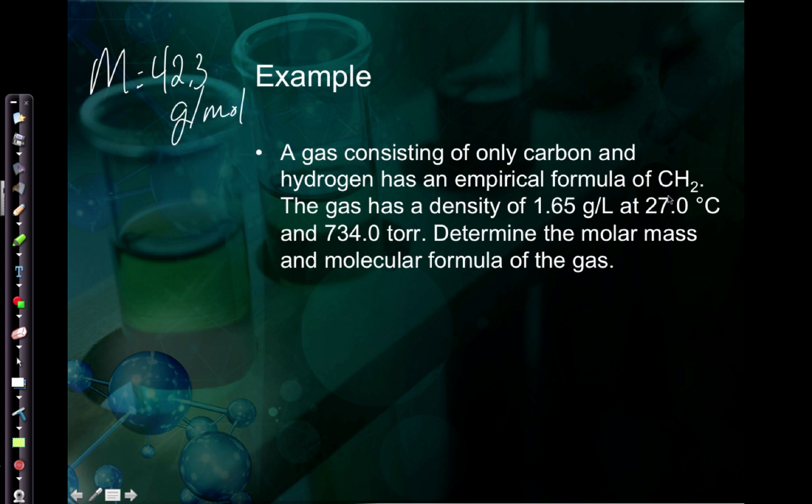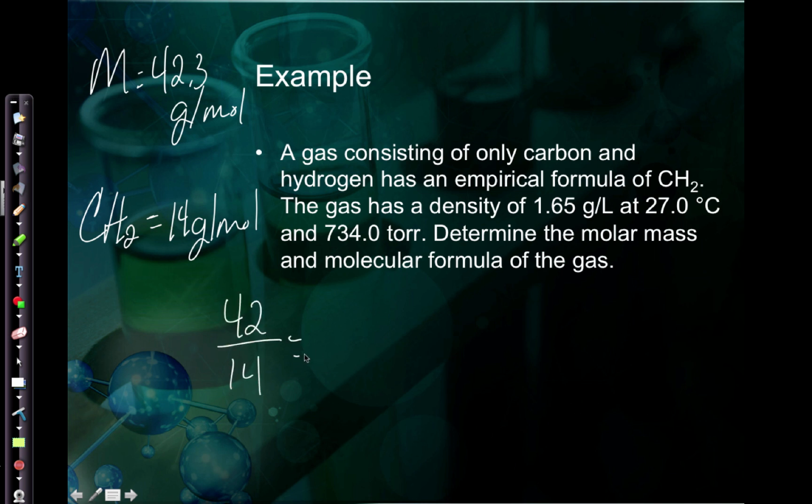Okay, so I know the empirical formula. I know that this is the mass of the molecular compound. So I need to know how many times greater this compound is versus the empirical formula. When I take the molar mass here, it's 12 plus 2 for the hydrogens. I'm going to get 14 grams per mole. So I need to know how many times greater this is versus this. So 42 divided by 14